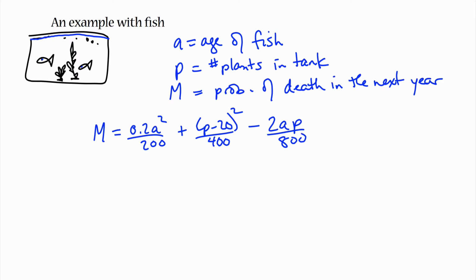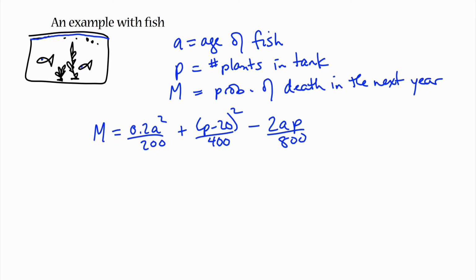Now, my imaginary mortality function is such that mortality will increase with age, and it will have a sort of parabolic relationship with plants, such that having too few plants increases mortality, and having too many plants increases mortality. Because with too few plants, maybe they're not making enough oxygen, maybe there's not enough to eat. If there's too many plants, maybe there'll be a space issue, not enough space for the fish, or they might have too much oxygen. I had a fish die that way once, it was very sad. And then this third term at the end makes there be some interaction between age and plants. So maybe older fish need fewer plants so they have more space, say. Anyway,